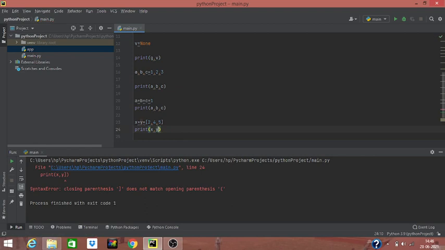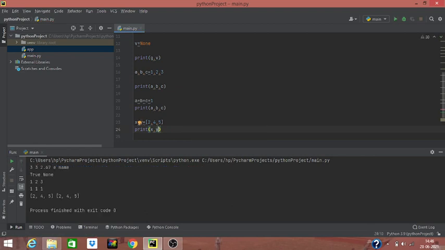Okay, you can see down here in the terminal window it has printed x and y on the screen.